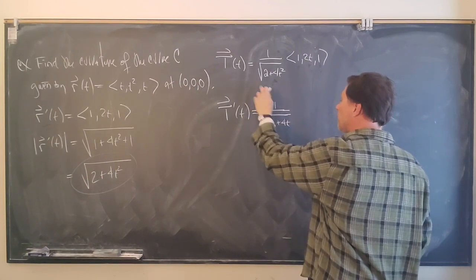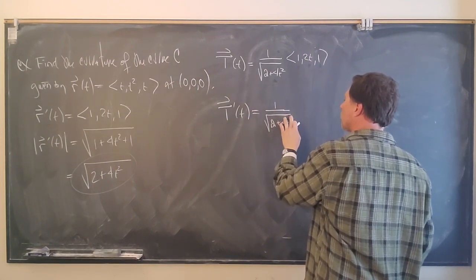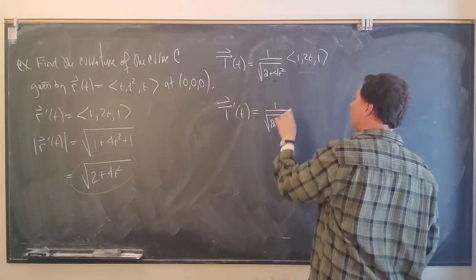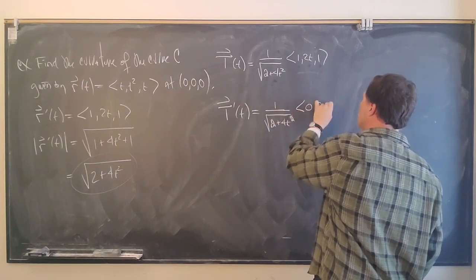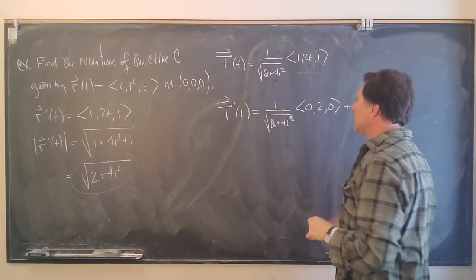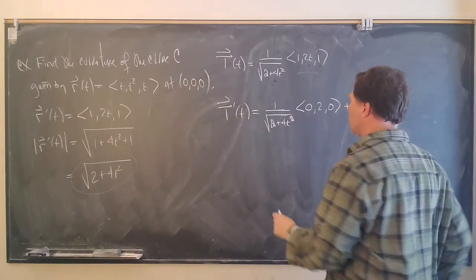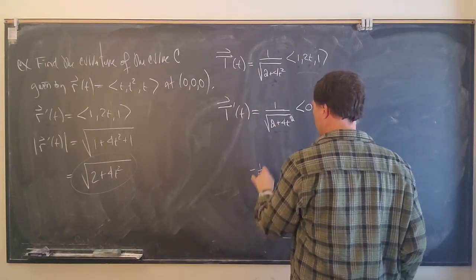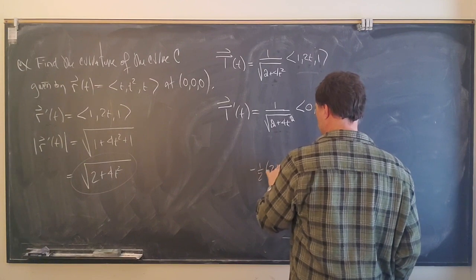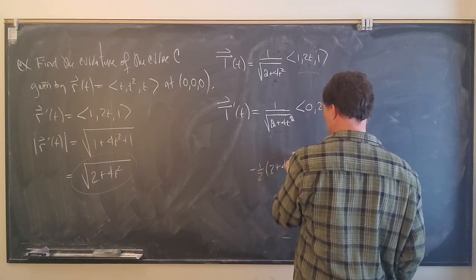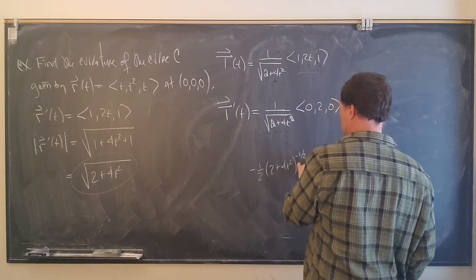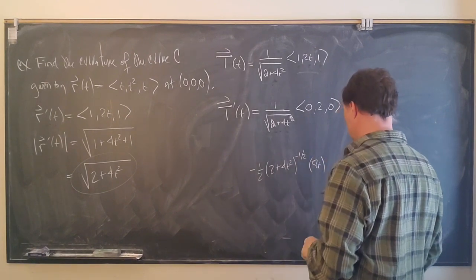So it's going to be this function times the derivative of the vector, which is (0, 2, 0), plus, now I need the derivative of this function,